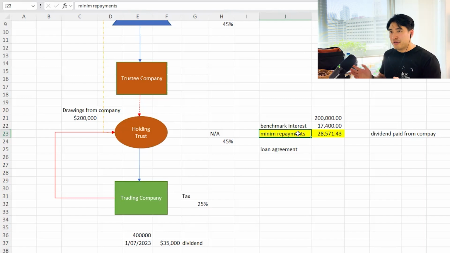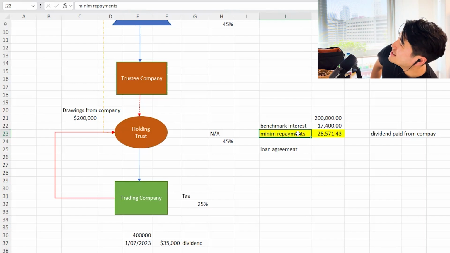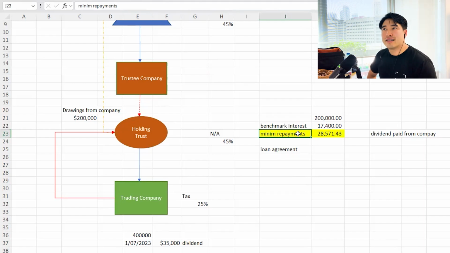There is a disclaimer I want to mention to you guys. Apparently, the ATO came out, I think like 2 months ago, and said that everyone that's been doing this, the rule that everyone has followed for the last 5 to 10 years, is wrong. And the reason why it's wrong is because every dollar that you withdraw out of the company, there should be a separate loan agreement for that dollar.